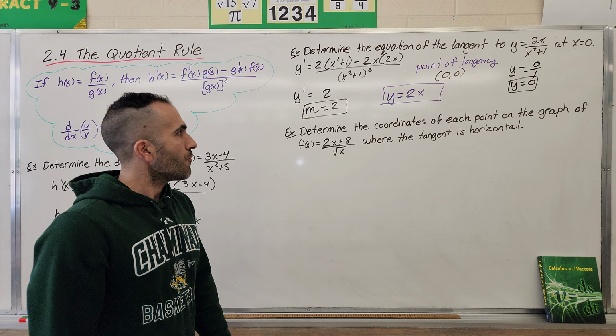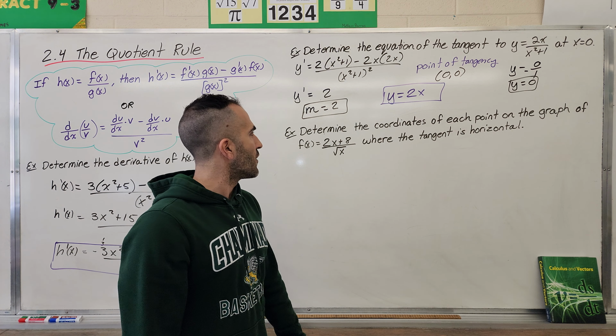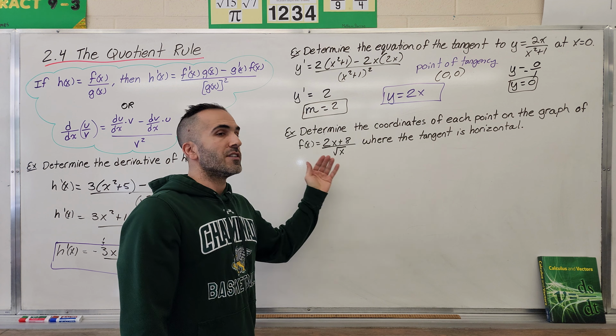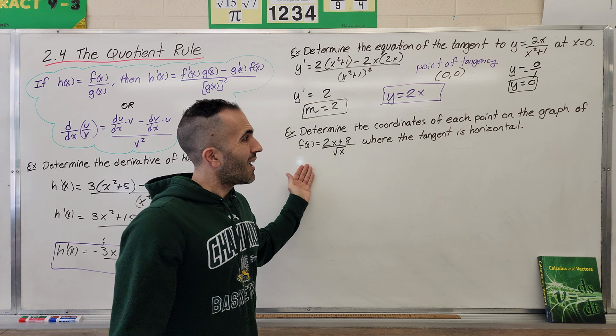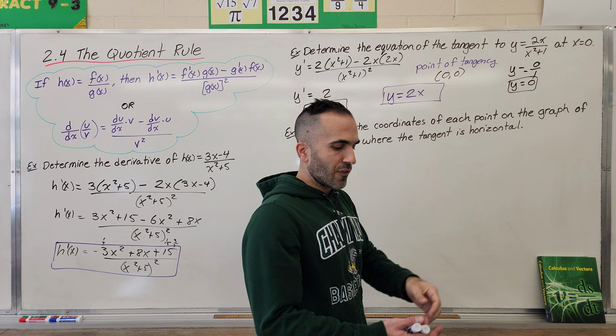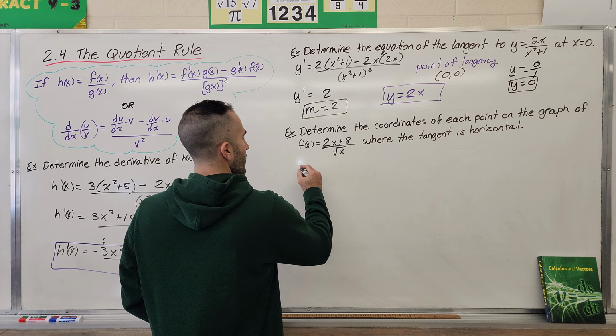Okay, last one. We want to find the coordinates of each point on the graph for this function where the tangent is horizontal. Got to find the derivative, which is the slope. I got to set it equal to 0 because I got to find out when the slope is 0 and then solve for x. So let's go. F prime